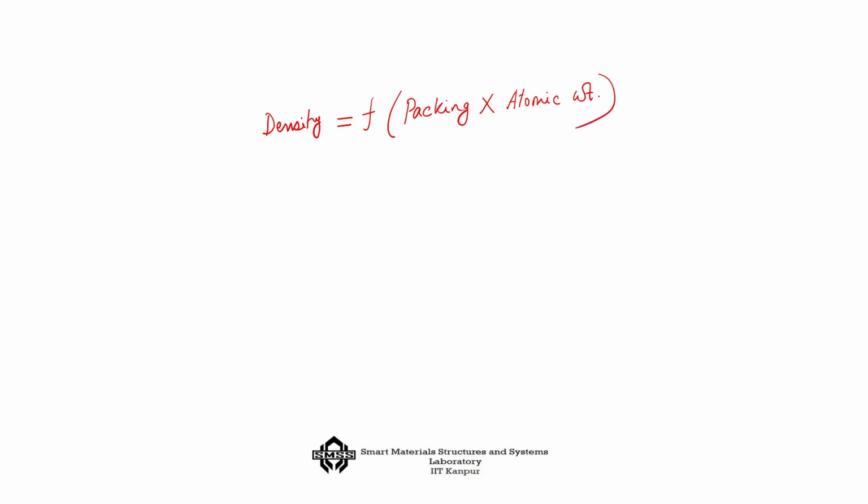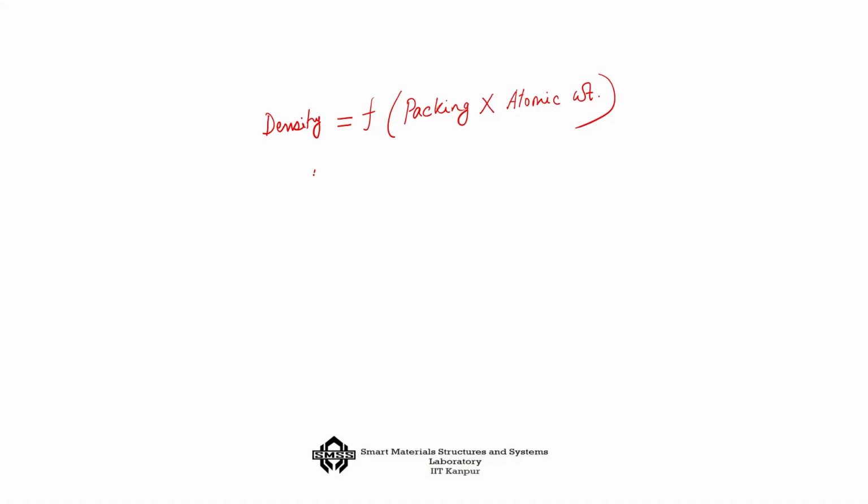So, you see that if a material has a high degree of order or crystallinity, then the packing is very compact. So, it has a possibility of having higher density. Also, if it is made of atoms of higher atomic weight, then it is also going to show higher density. So, that is why if you compare this metal